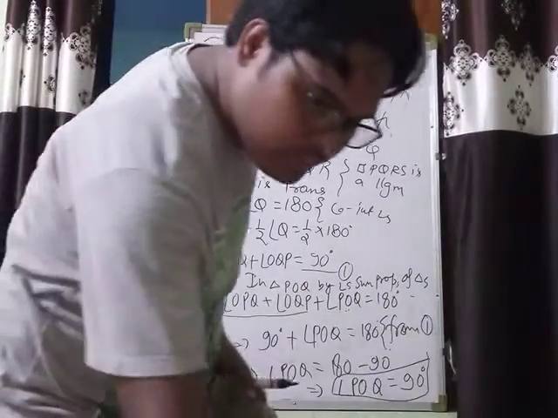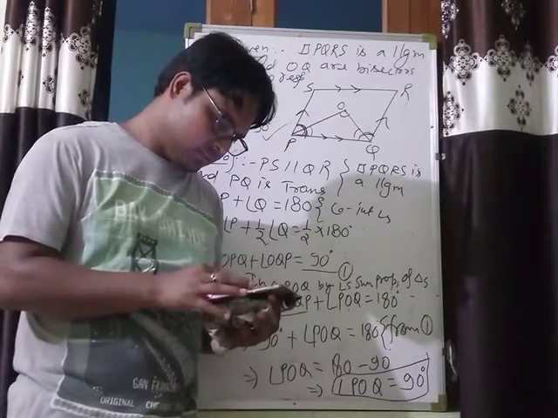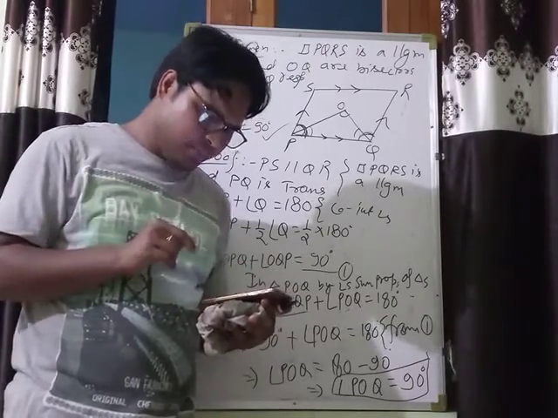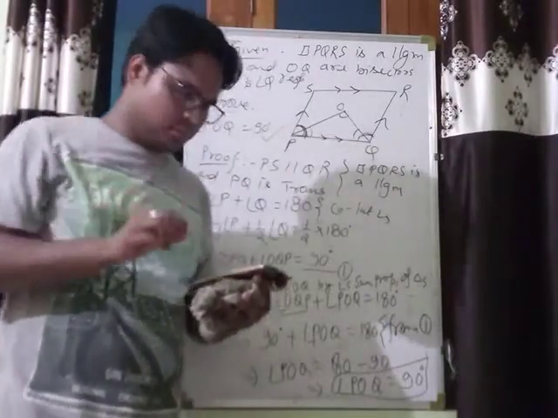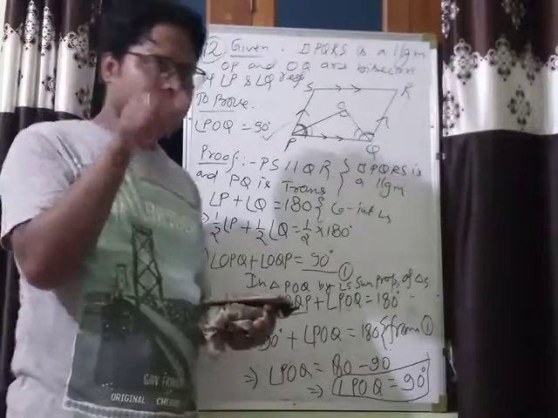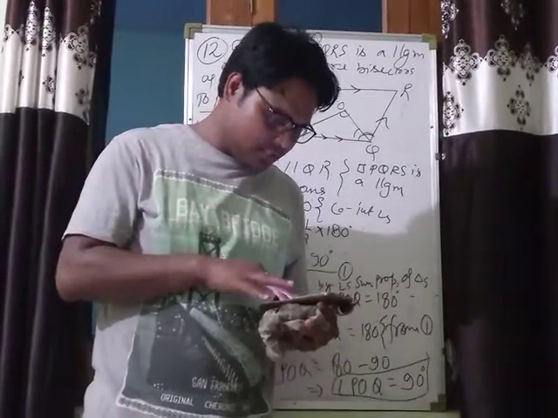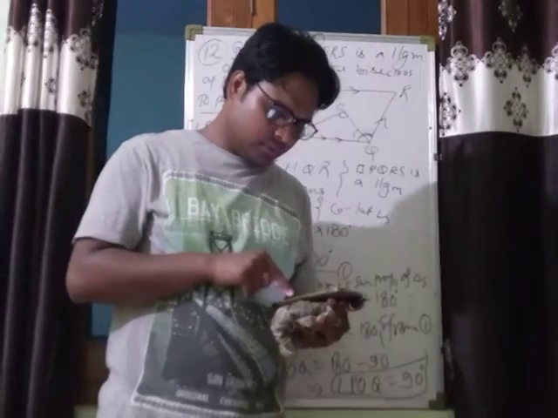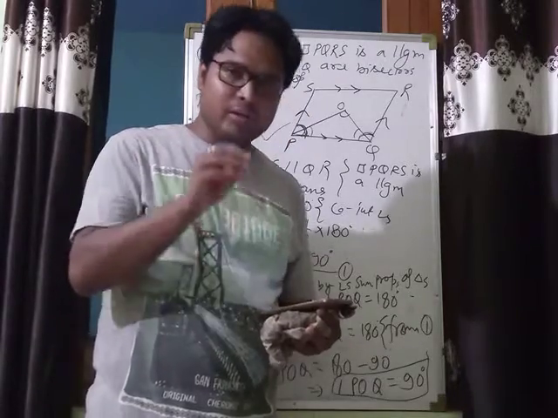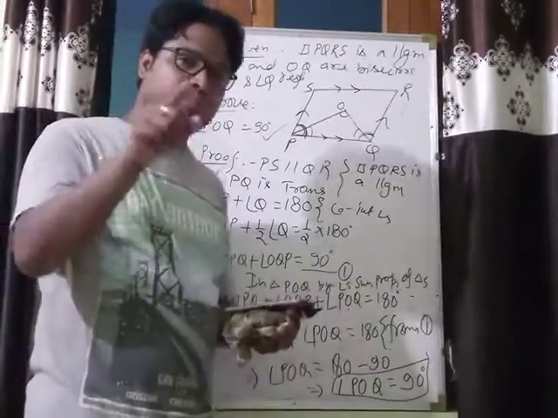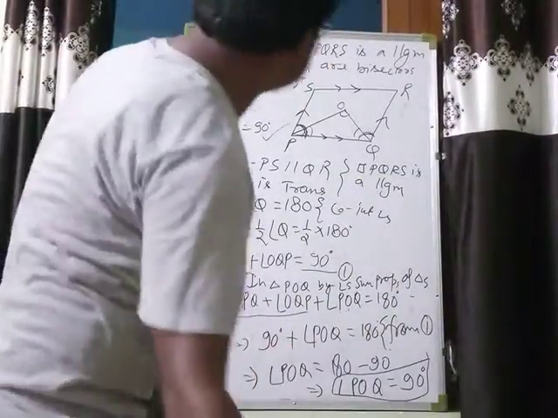Now next, question number 13. We have already proved this. Question number 13 has the value given, it is the last question of the NCERT, question number 6 I think. This is the same question, only here the value is given, so you should put the value in that question, you will get the answer. Now question number 14.